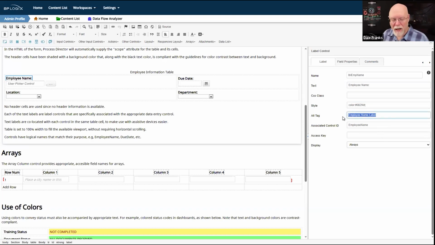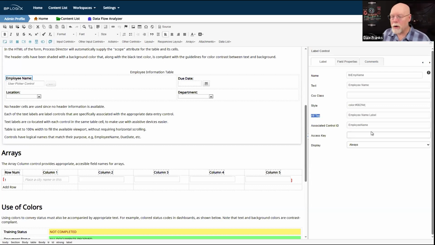So once again, anytime that you see any Process Director control, if there is an alt tag property, you need to provide a text alternative. So labels have an alt tag, images have an alt tag, buttons have an alt tag. There are several different classes of controls that have alt tags or alt text. It'll say one of those two things in the properties dialog box. If it says it, you need to supply it.